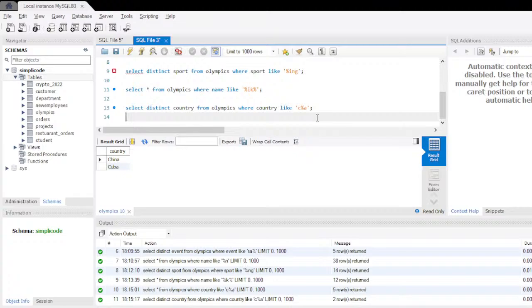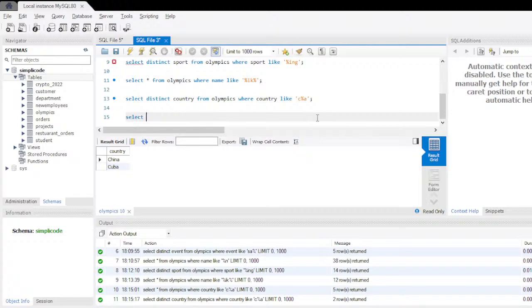Now let's say you want to find the details of all the athletes who have participated in the games in the 20th century, that is from 1900 to 2000. So not only character values, you can even work on numerical values while performing LIKE operations. So let me just write a query. Select, I'll use DISTINCT name because we have repeated values of athletes, and also mention the year